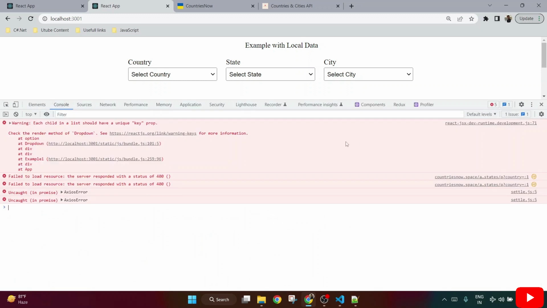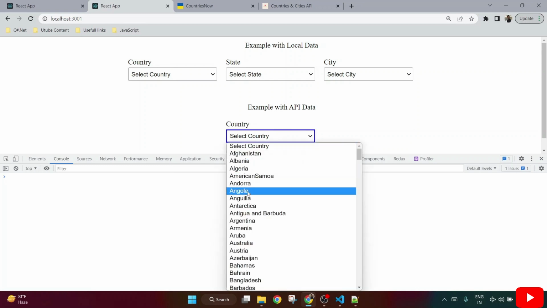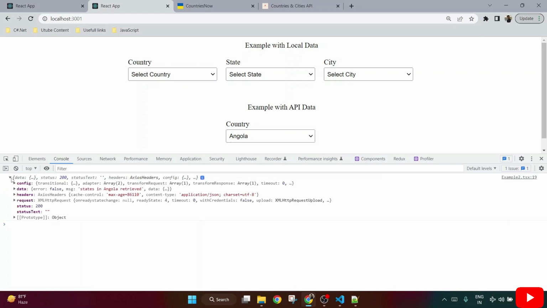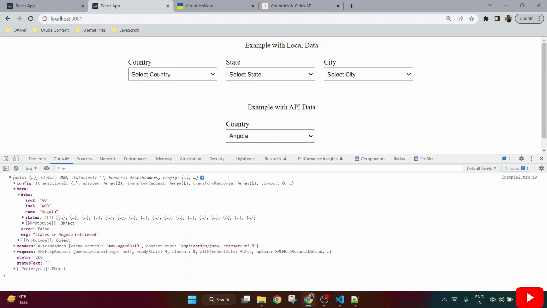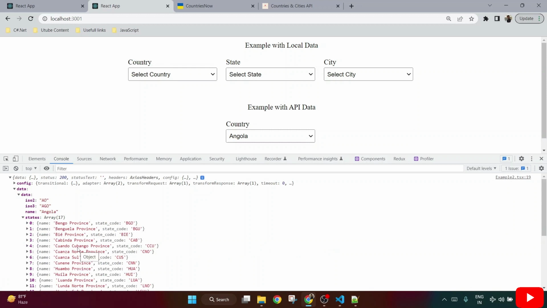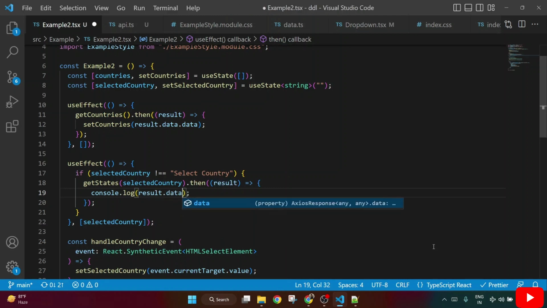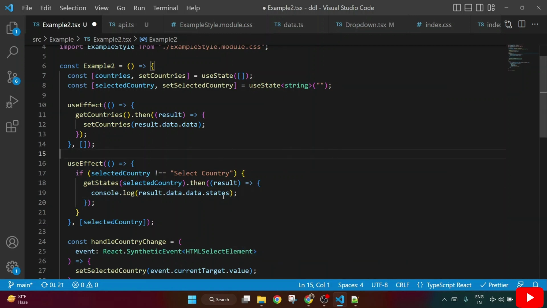Let's check what type of data we are getting. Okay, let me delete it. I am selecting Angola, and here we get the result. So inside result, first we have to go to data, inside data one more data, and then states. So at this place we have the states. So how do we get there? result.data.data.states. Let's write here result.data.data.states,